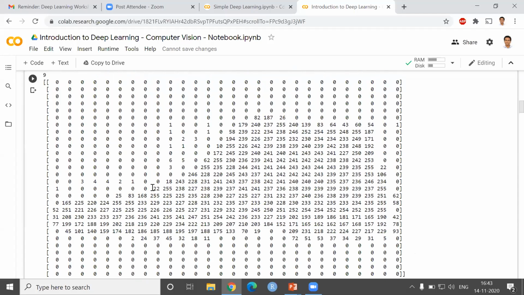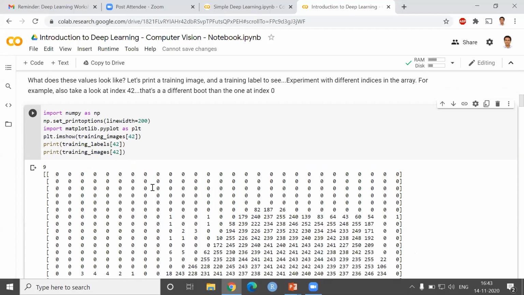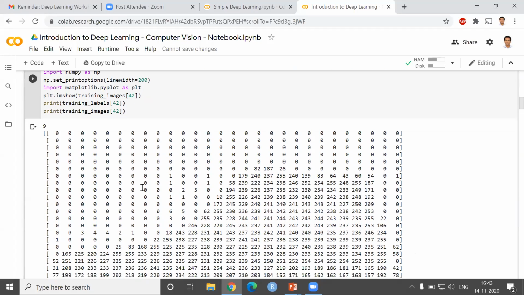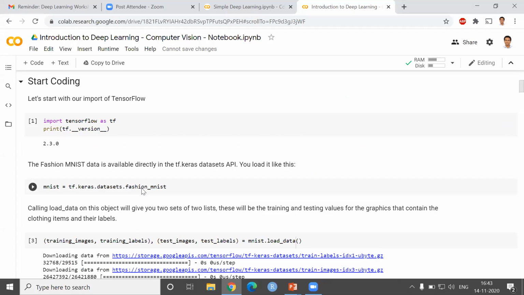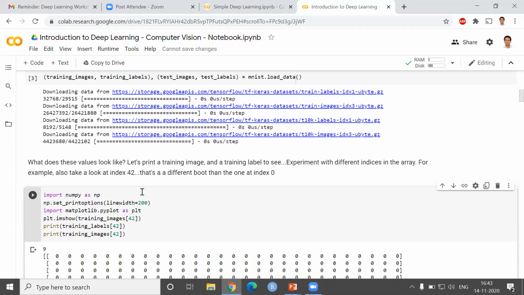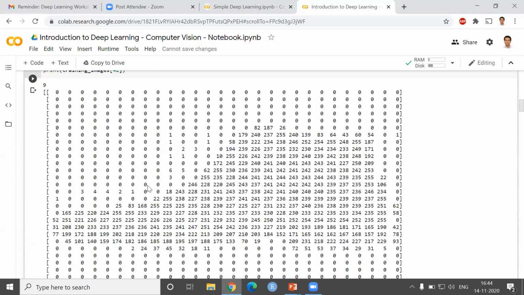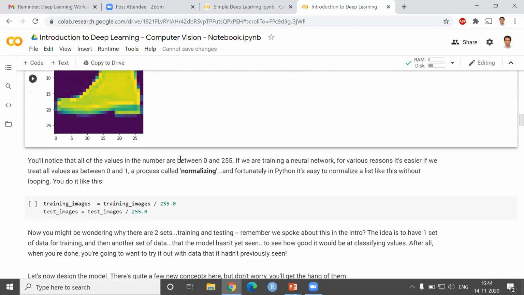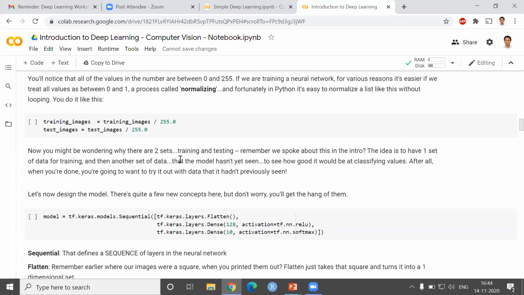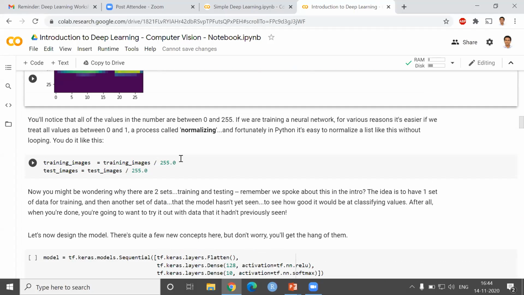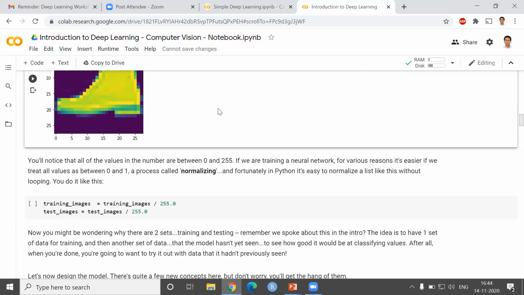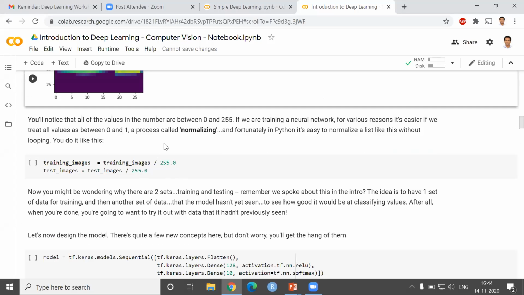So you have so many images at these indices, and you are training the neural network with these images, and you are giving the appropriate labels, and then finally our neural network will be able to predict the right class. And so we normally do a normalization before the neural network processes it. Here the pixel values are between 0 and 255, so we want to make them between 0 and 1 in order to make the processing easier for the neural network.